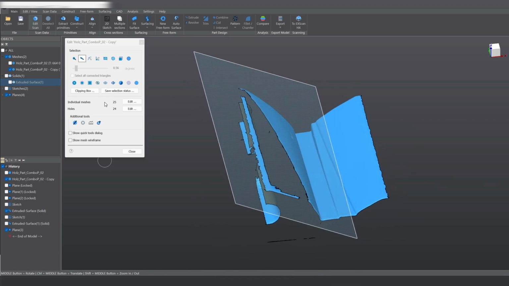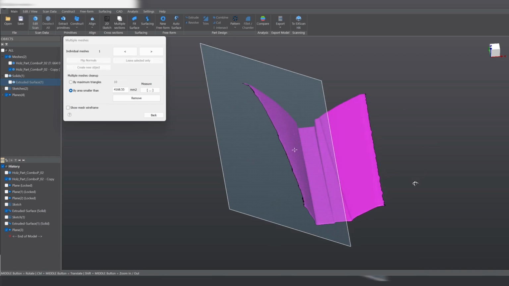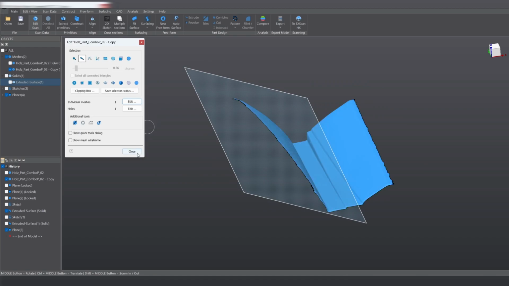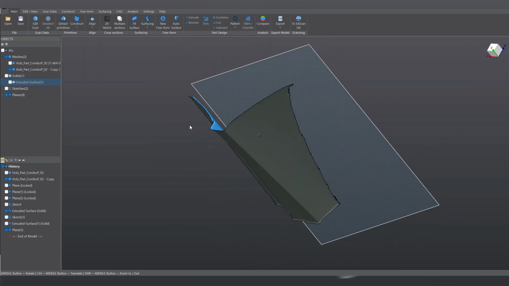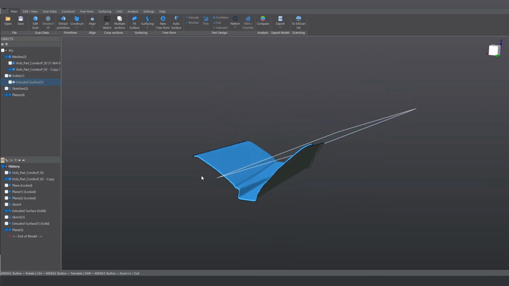If I go on Edit and I click on the mesh area I want to keep, I can say here leave only selected mesh and the rest will be deleted. I click on back and I can close. Now I have the area I want to get my multiple sections on,